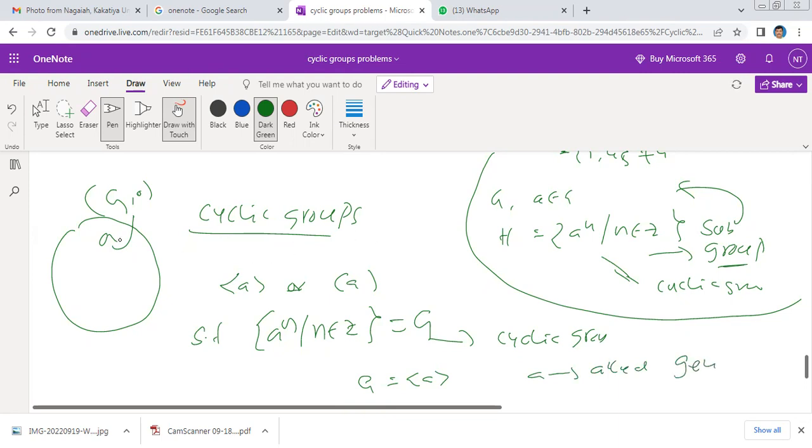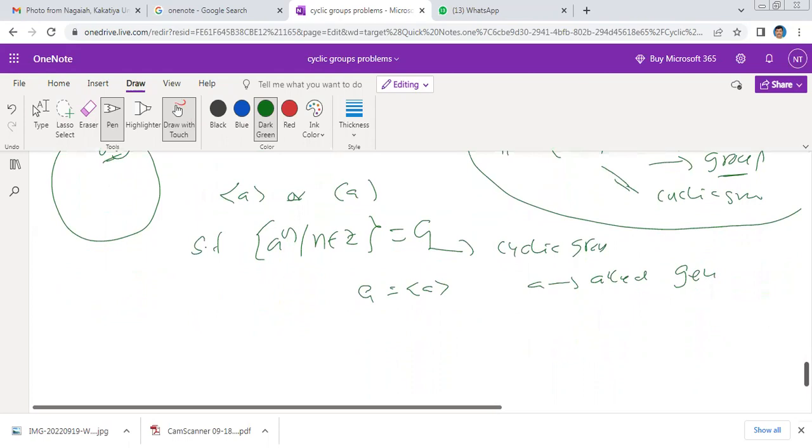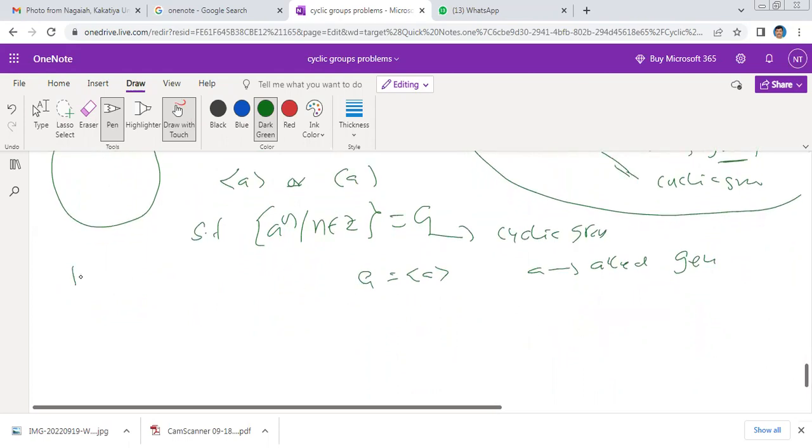I repeat once again. A is an element in G. Let G, dot, be a group. If there exists an element A belongs to G such that the set of A to the power of n such that n belongs to Z is equal to G, then G is called a cyclic group. A is a generator of the group G under multiplication. This is under multiplication. In case of addition,